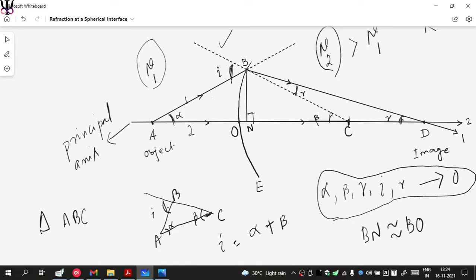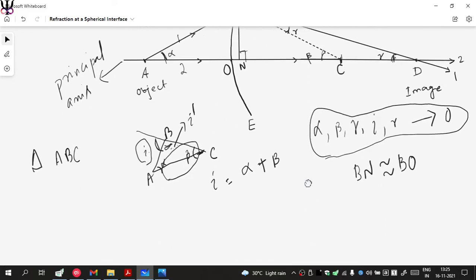Why? Because let's call this angle I dash. I plus I dash is 180 because it's a straight line. But then I dash plus alpha plus beta is also 180 degrees because the sum of the three angles of a triangle is 180. So I dash plus I is 180, I dash plus alpha plus beta is 180. That means I is the same as alpha plus beta, which we summarize as: the exterior angle of a triangle is equal to the sum of the two farther interior angles. Okay, so I is alpha plus beta. We got that first expression.